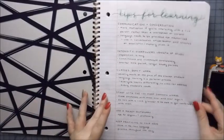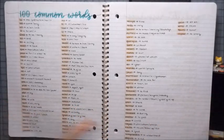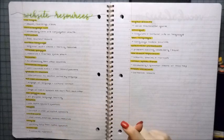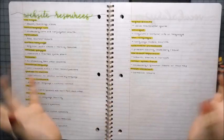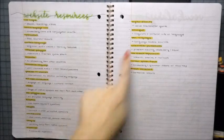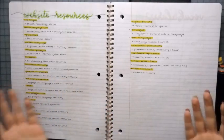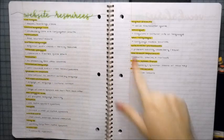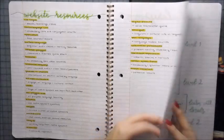In the front, I just have tips for learning foreign languages, just for my own reference. I figured out that knowing the 100 common words is a good idea, just from a website I found. I have some website resources. These were ones that either people told me about, or that I found on my own, or that were on a list of best language learning resources, blah blah blah. I just wrote these down and then did a little blurb underneath it to sort of just give me an example of what kind of website it is. So, for example, learnalanguage.com is vocabulary lists and conjugation charts. Digital Dialects is voice translation game, just that kind of thing. So that way, if I'm bored one day, I can just look it up and start doing it at work,